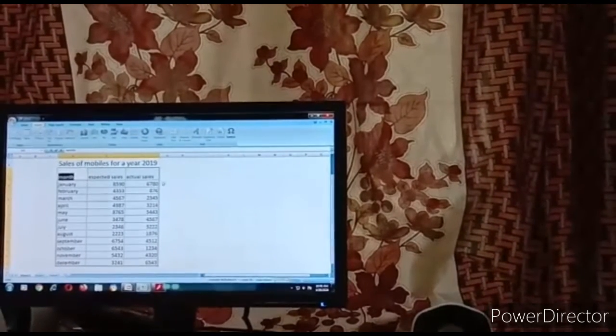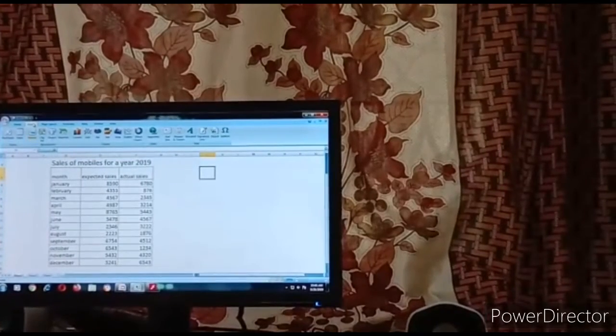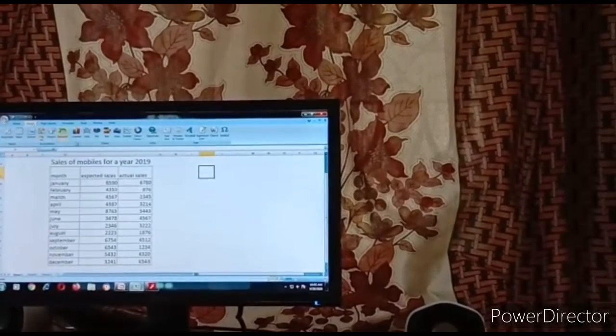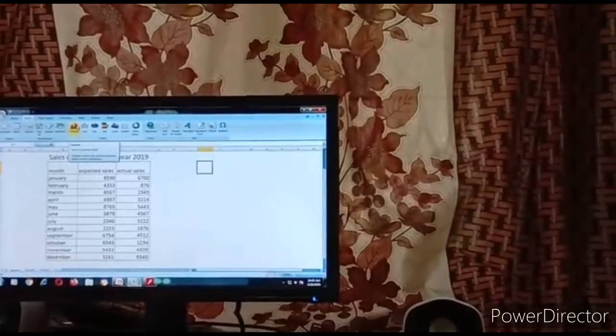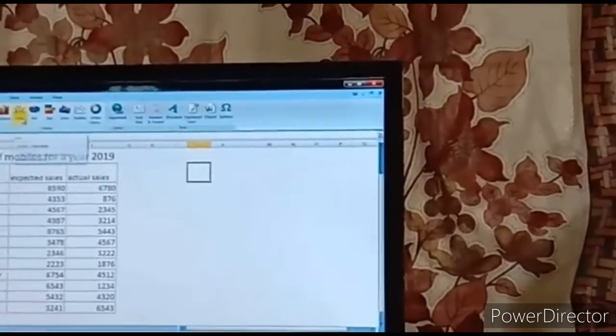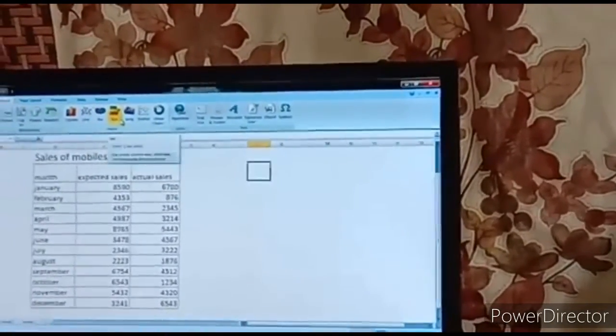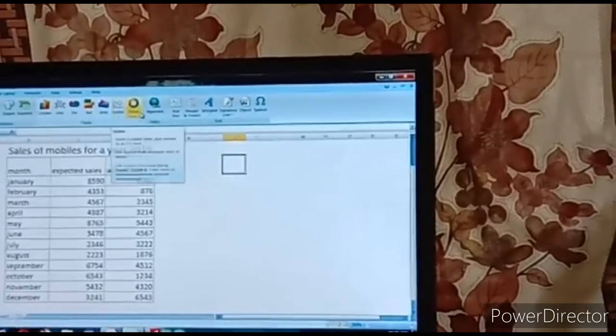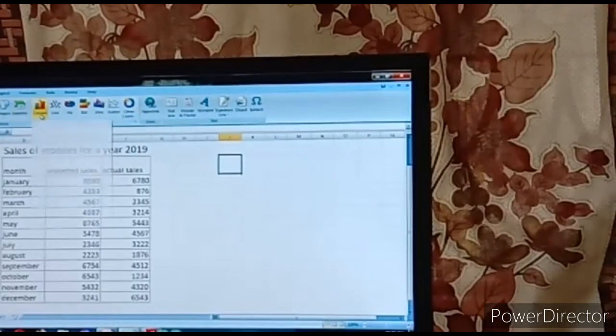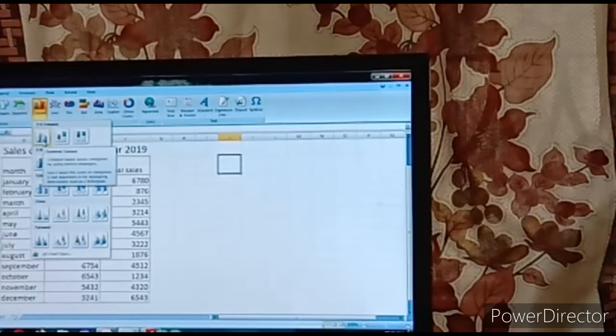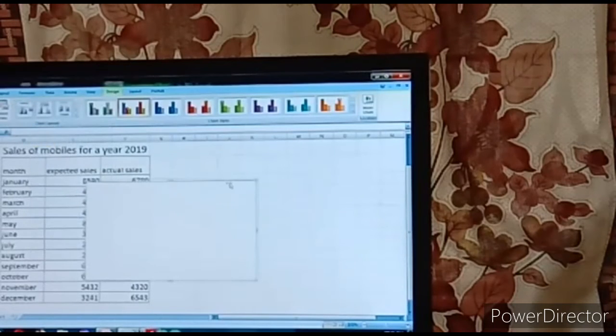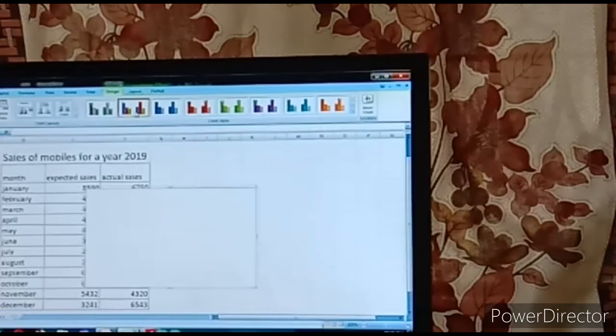For that, first we have to go to Insert. In this Insert we can have a column chart, line chart, pie chart, bar chart, area chart, scatter chart and other types of charts. Now I will be taking a 2D chart. See here, I have selected the chart.